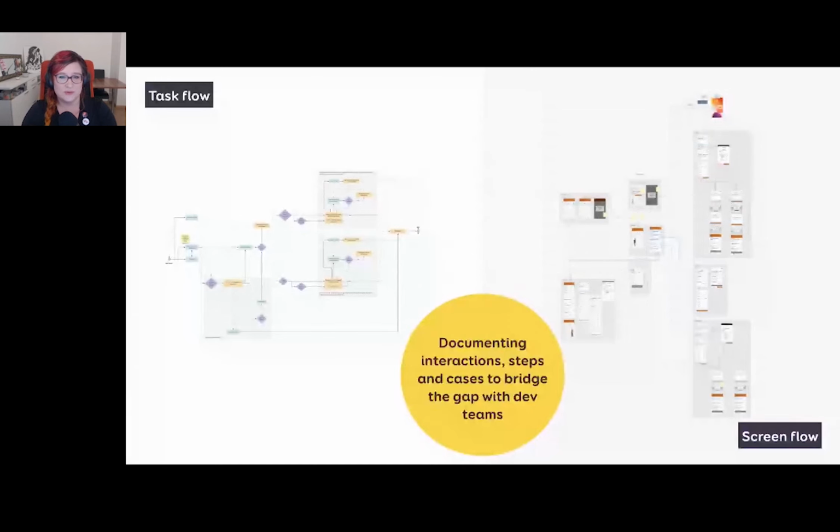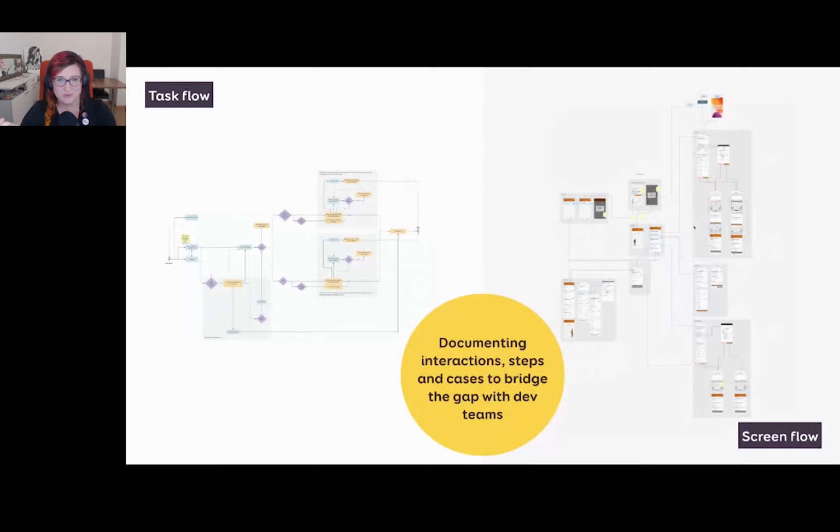And then screen flow is something I usually build more at the end of the project. It's the same thing as task flow, but you directly have all of the mobile mockups, and on top of that you have all of those little links. This really helps my dev team understand what happens when you click here and here and here. Because we're designing in static tools, and we have to find some way of communicating to the dev team how it's supposed to behave. And then, show, don't tell.